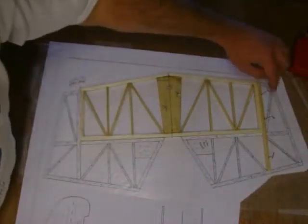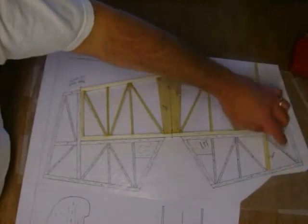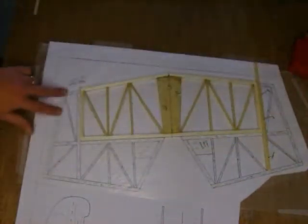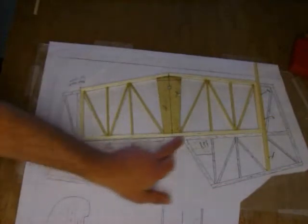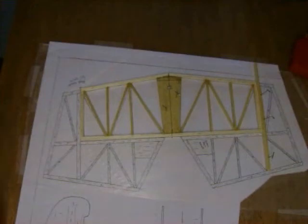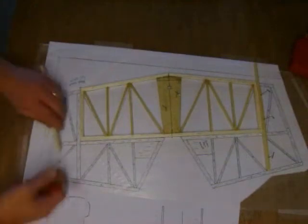Alright, we're going to build the elevators today. We're going to go around the outside. We're going to do all the outer pieces first on the right side and the left side of the elevator. And then we're going to take our quarter by quarter balsa stock and build the frame around the stabilizer. We're going to put a spacer in